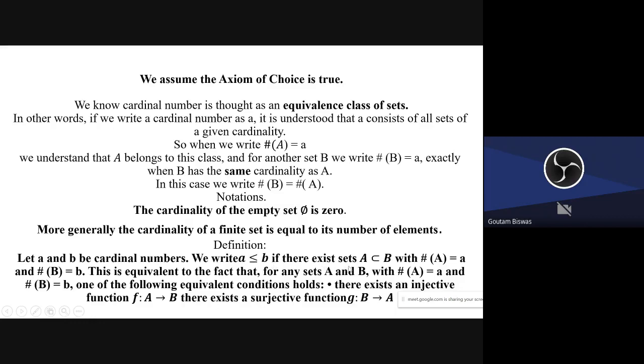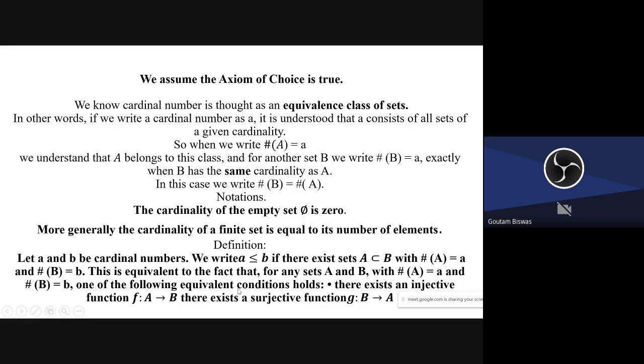We write this if there exists a set A contained in B, because A corresponds to the cardinality of some set and B corresponds to the cardinality of some set. So A is less than B. If you take it as a definition of the number of elements, then A is contained in B, so A must be a smaller set. Smaller set means a smaller number of elements, so less than or equal to, or the same number.